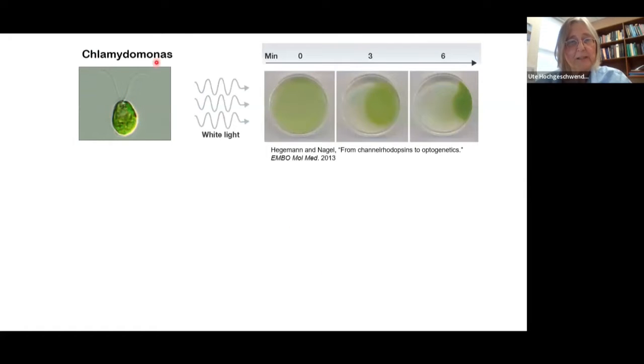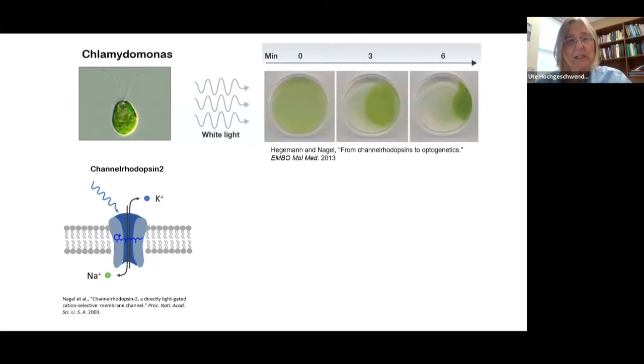So when the sun hits the pond, or in this case, the lake, the light pushes the algae to one side due to the flagella moving, and the light hits the eye spot. And it was only in 2003 that Georg Nagel, Peter Hegemann and friends identified the actual molecule mediating this,